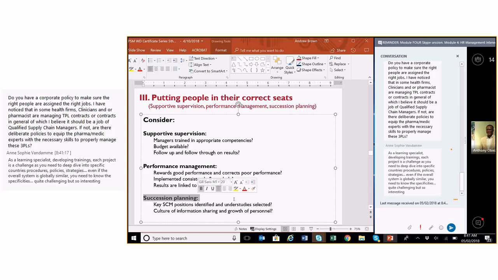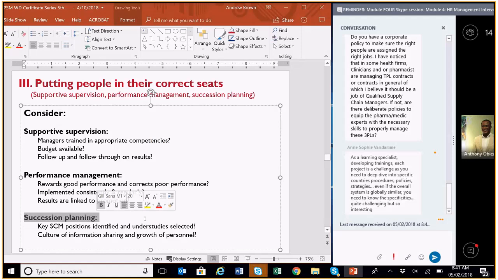Succession planning actually flips that idea on its head and says, well, actually, if the business is going to be successful and if managers are going to be successful, they need to ensure that for all of the critical jobs in an organization, there are people who are understudies for those jobs or being prepared to take on those jobs, so that if for whatever reason a particular person moves on, there are other people in the organization ready to take on those responsibilities. For a number of countries, this is actually a cultural shift, to move away from holding information and knowledge to creating a culture of sharing information and knowledge for the benefit of everyone and for the benefit of the organization.